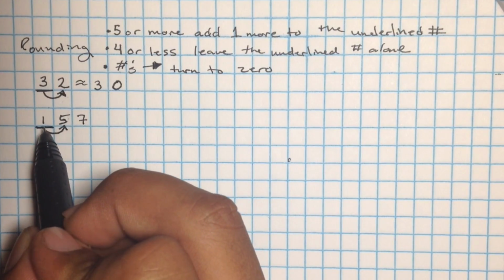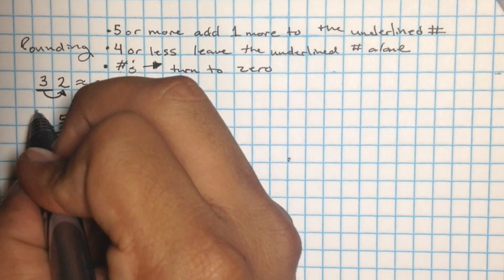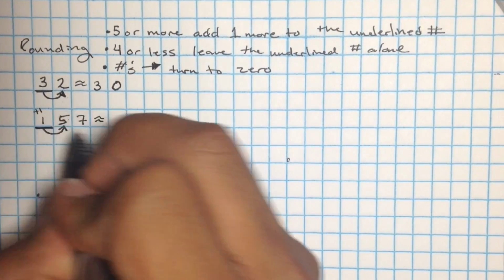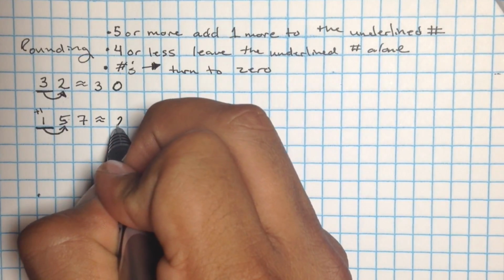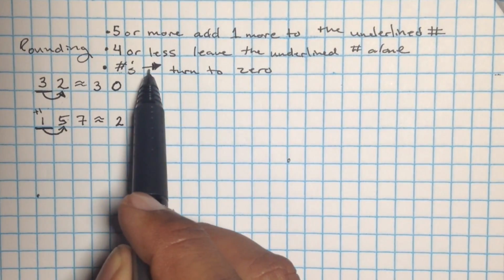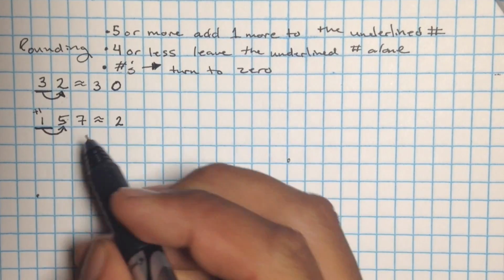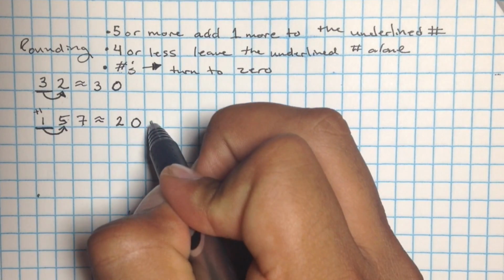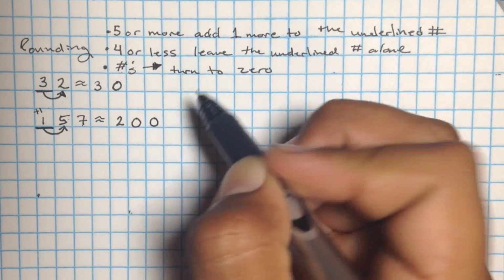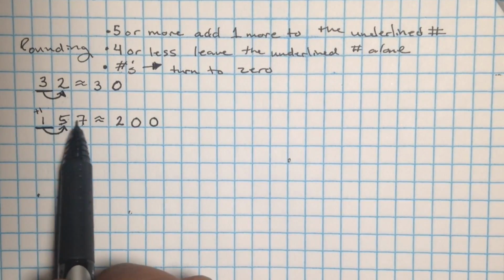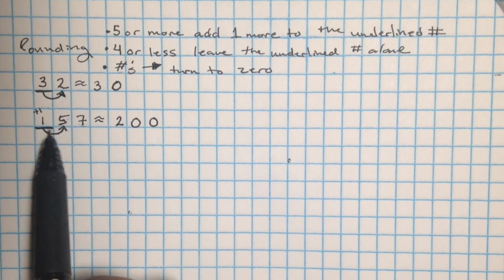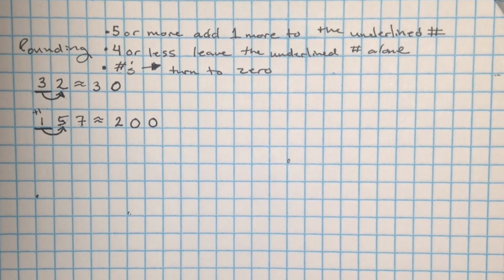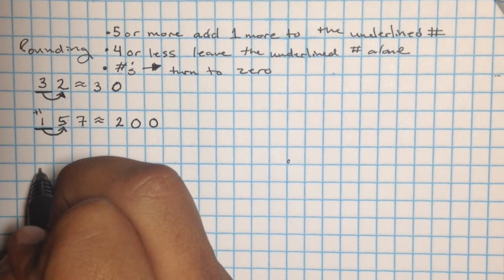So the underlined number is 1. I'm going to add one more to it. So 1 plus 1 is going to give me 2. All the numbers to the right turn to 0. That 5 turns into 0. That 7 turns into a 0. So 157 rounded to the nearest 100 is about 200. Let's try another one. Let's see here. Let's go with